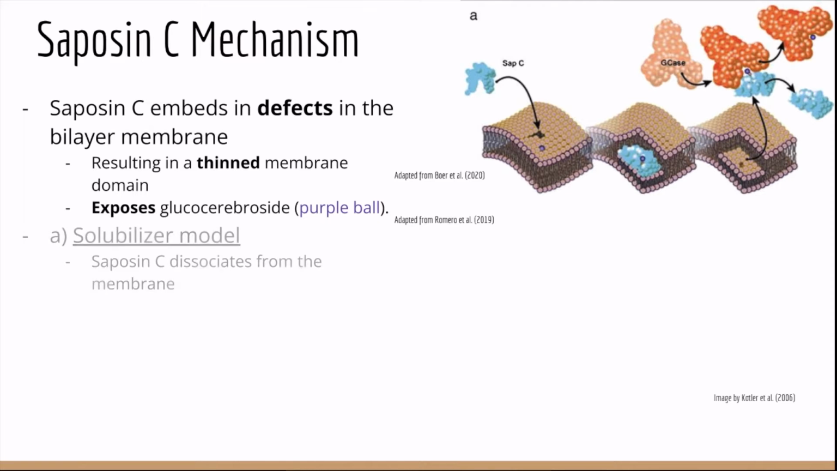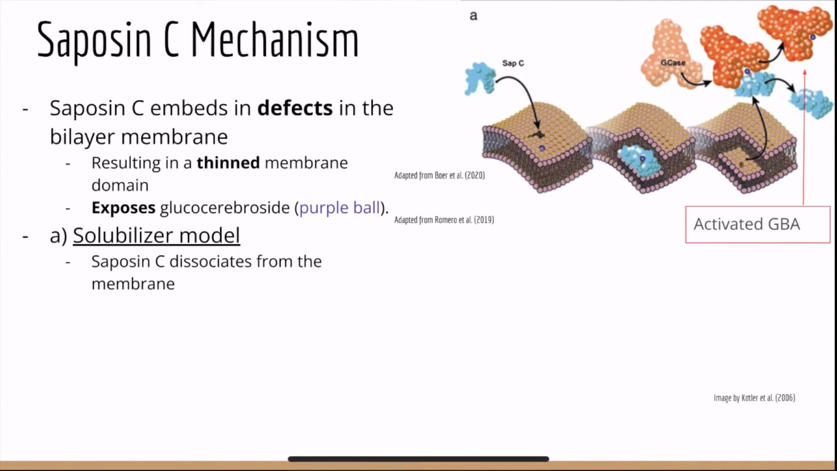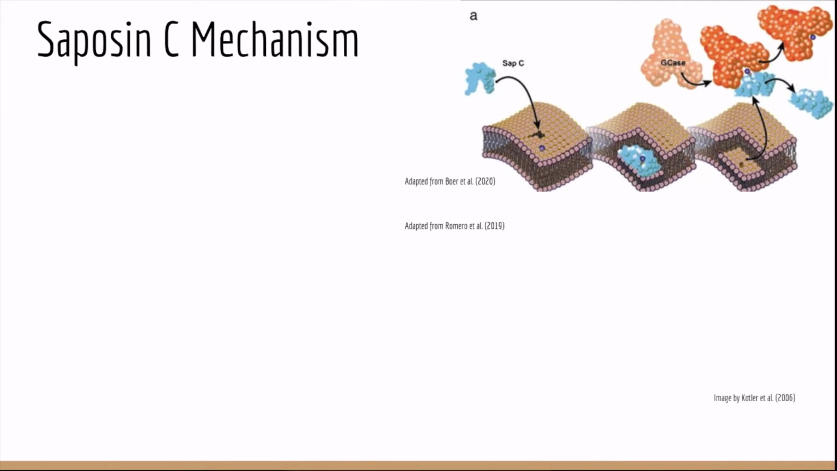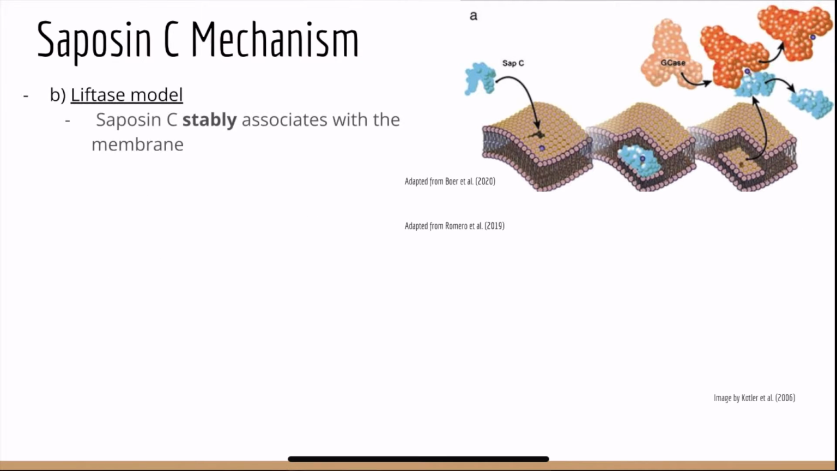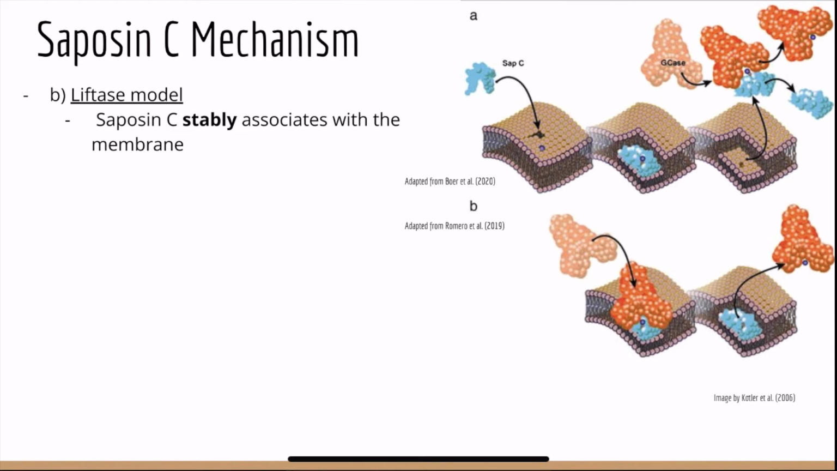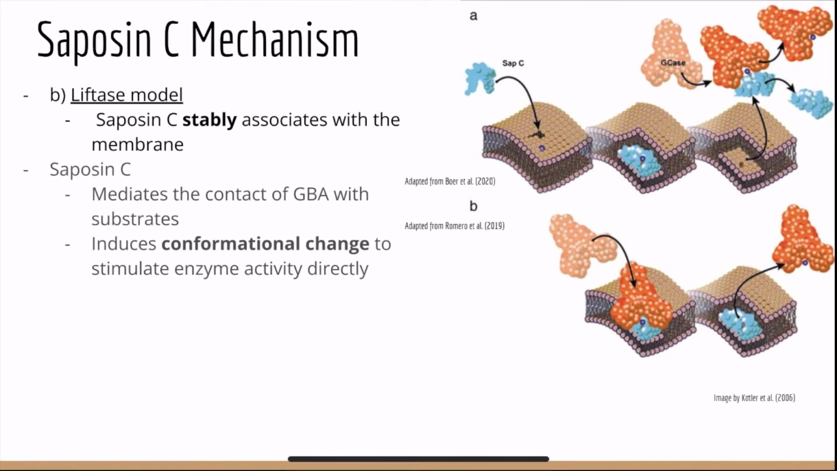The first is the solubilizer model, where saposin C dissociates from the membrane, binds to glucocerebrosidase, activating it, and giving it its substrate glucocerebroside. In the second model, saposin C associates with the membrane and does not dissociate. Glucocerebrosidase comes to it, receives its substrate and is activated, and then leaves. In summary, saposin C mediates the contact of glucocerebrosidase with glucocerebroside, as well as induces a conformational change directly, which